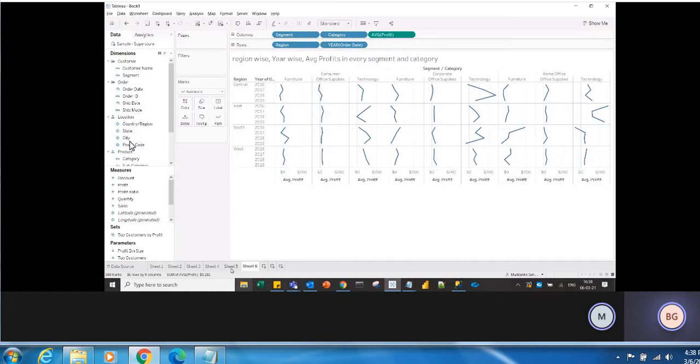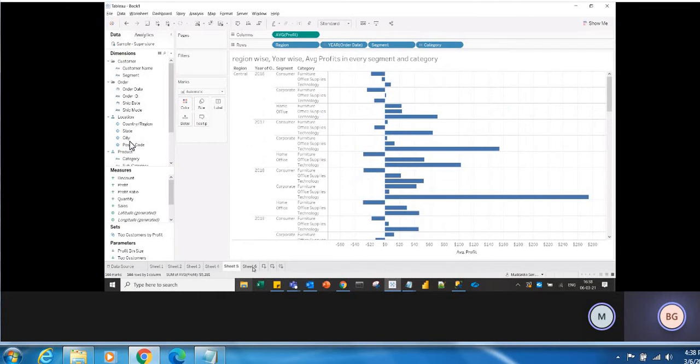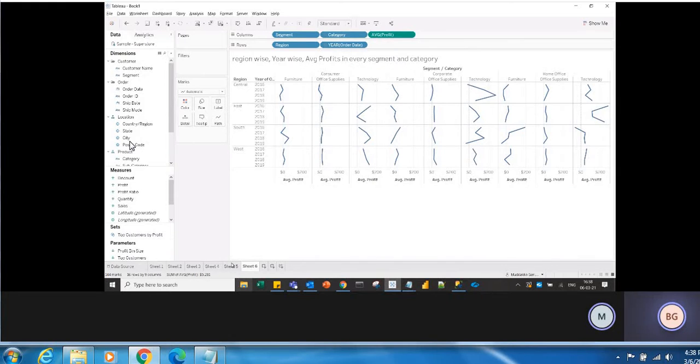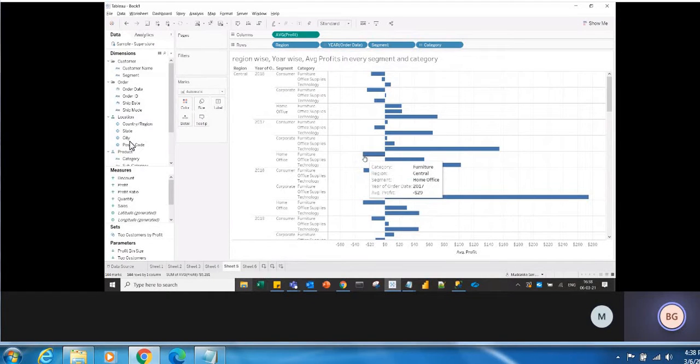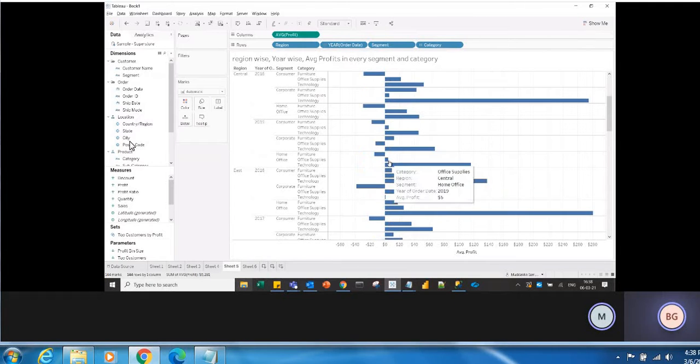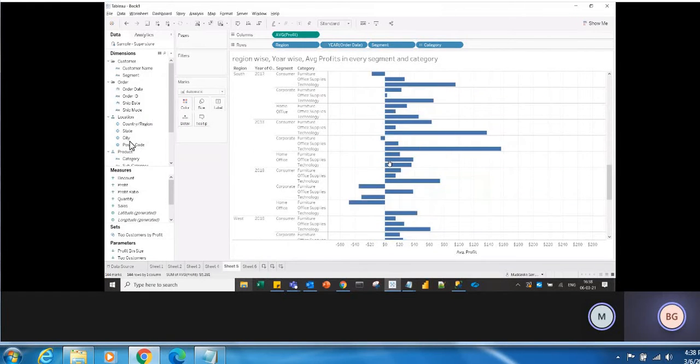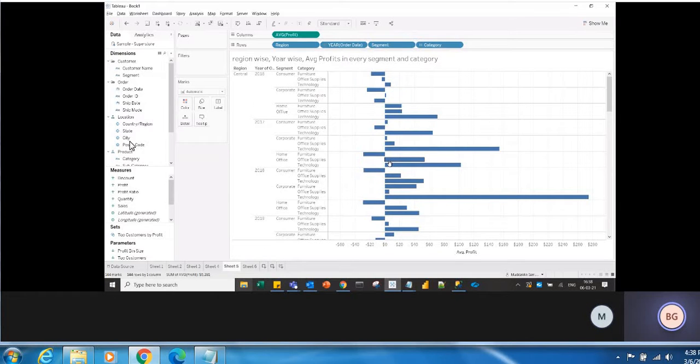Okay. If you see the visualization here and here, which visualization is looking good? Nested. The first one. Nested is looking good. But you have to scroll down till the end. So what is the value for 2018, consumer segment, furniture category? I have to drag down.